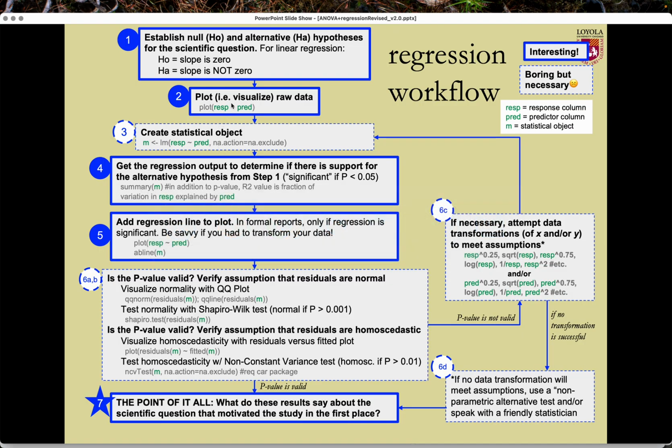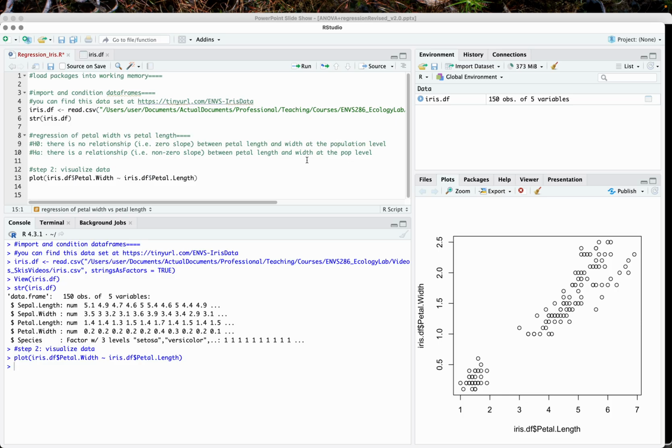We have visualized our data. Step 3 is to create our statistical object. Again, lm is now our function that's going to create that linear model. And we again have to include this na.action equals na.exclude. Okay, so step 3,